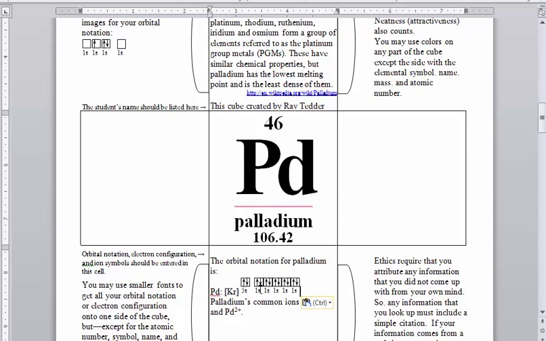Okay, we only need to show 4D in this first box. These others, all I got to do is just click on there and delete those letters and numbers. And now we've got an orbital notation for 4D. Now what we need to do though is to change a few things because what we only need for palladium,